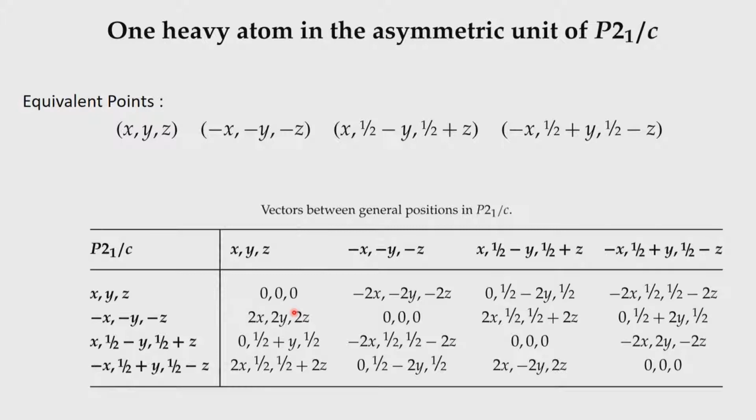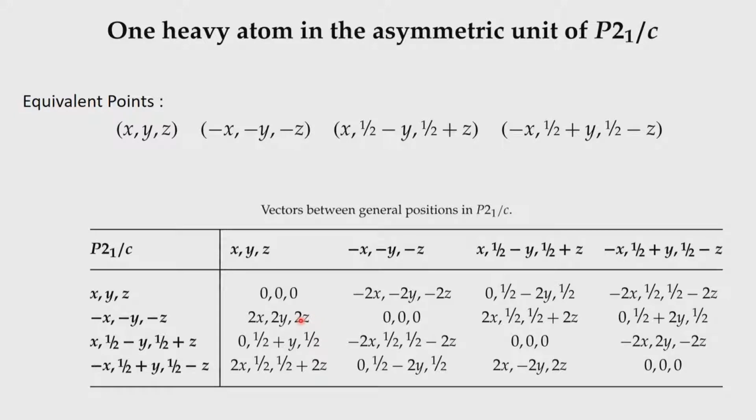So, if the heavy atom is bromine, these 2 vectors should be very close to 35.5 squared after the scaling factor is taken into account. It will not be exact, but it will have a very high value compared to the rest of the vectors you find in the Patterson space. So, you pick up these 2. So, the way you practically do Patterson is you compute the Patterson of a heavy atom structure and then arrange the vectors in a descending order and see whether they follow any kind of symmetry. So, if they follow symmetry, then you identify the symmetry and also try to solve for the x, y, z from these set of vectors.